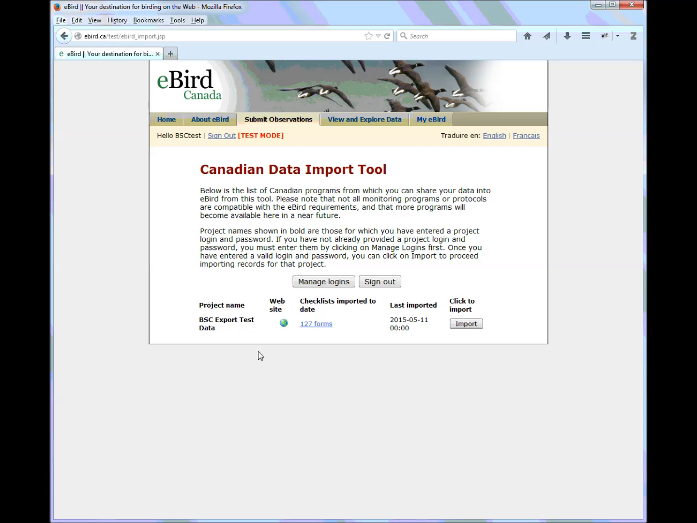So once this has been created, the first time or any time you come in later, this is the page that you would see, and then for any of the projects, there will be an import button available for all the projects for which you've entered a login. So you have to do it one project at a time for the transfer, so you would just click Import,